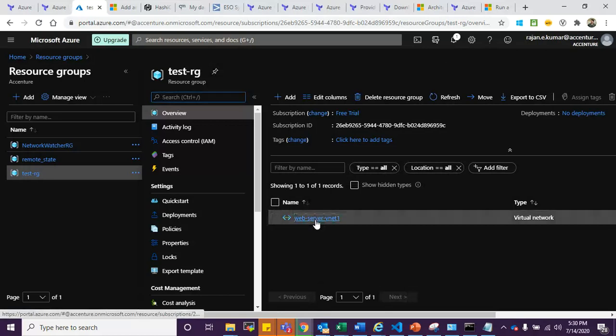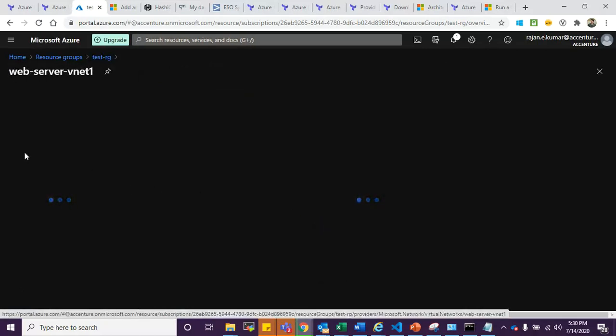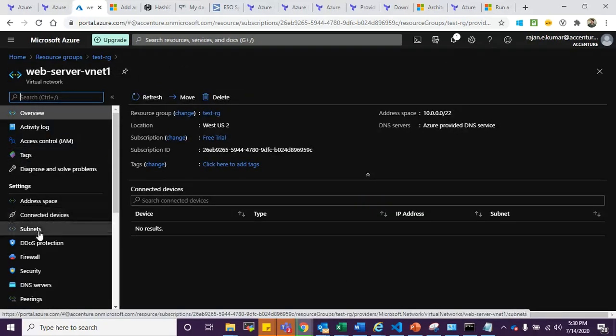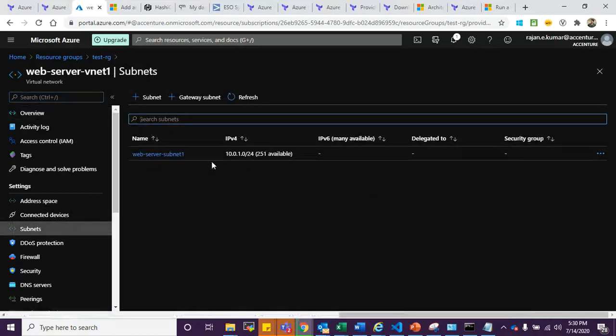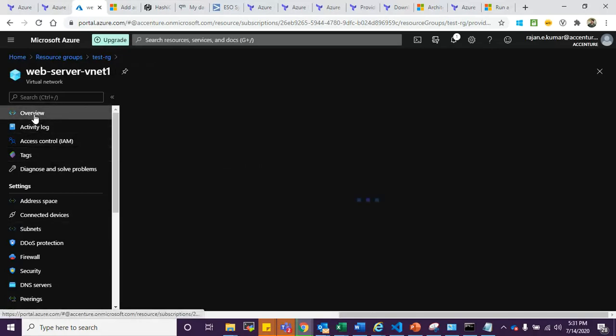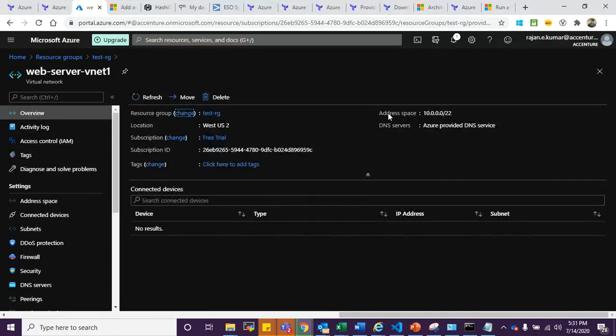We have web server vnet 1 which we deployed. Let's check the subnet. We have subnet 1 also with the respective address space, and the address space of the vnet is over here. So that's all we intended to deploy using the current bunch of code.